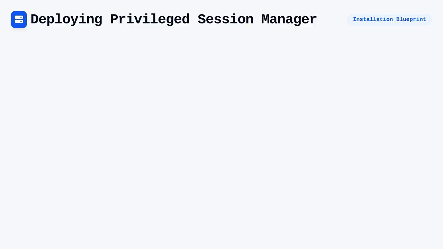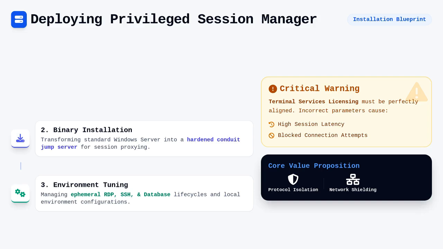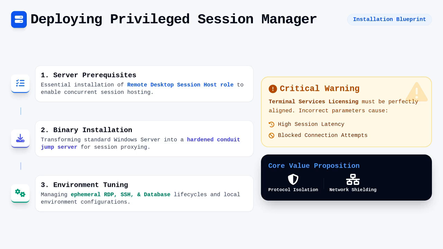Deploying the Privileged Session Manager begins with the binary installation process, which transforms a standard Windows server into a dedicated gateway for proxied administrative sessions. Before you initiate the setup, you must ensure the underlying server meets all prerequisites, most notably the installation of the remote desktop session host role. Without this role, the server cannot host concurrent sessions, which is the foundational requirement for the protocol isolation that the